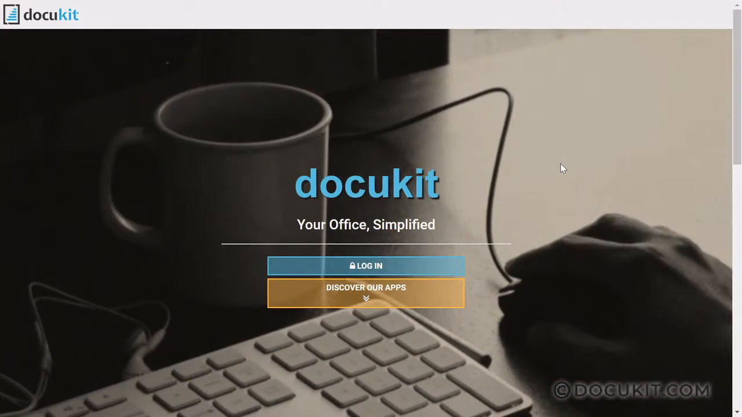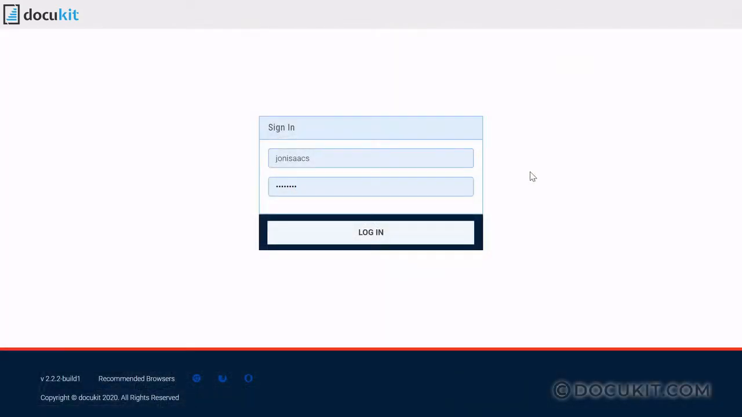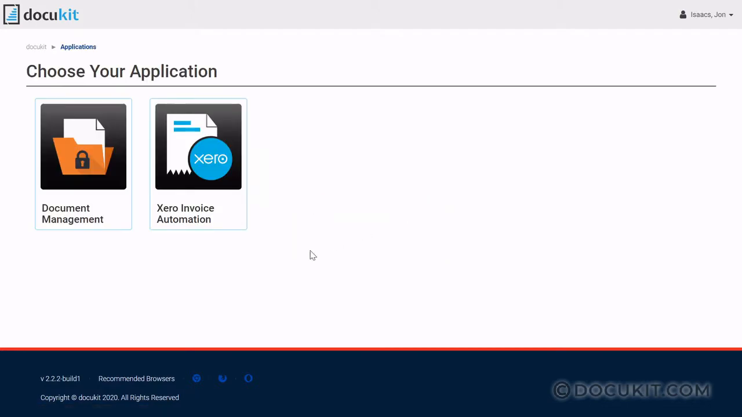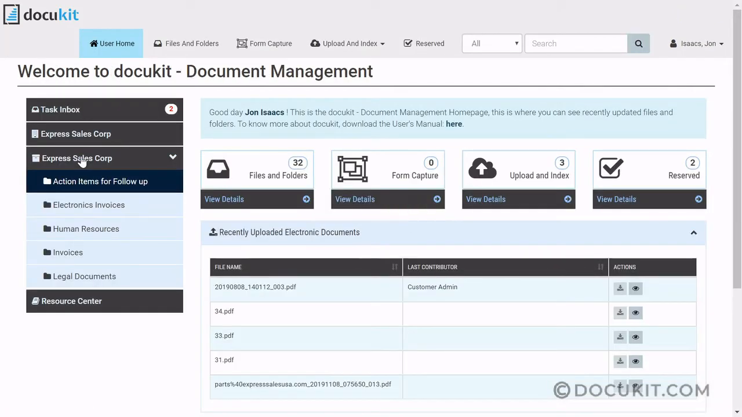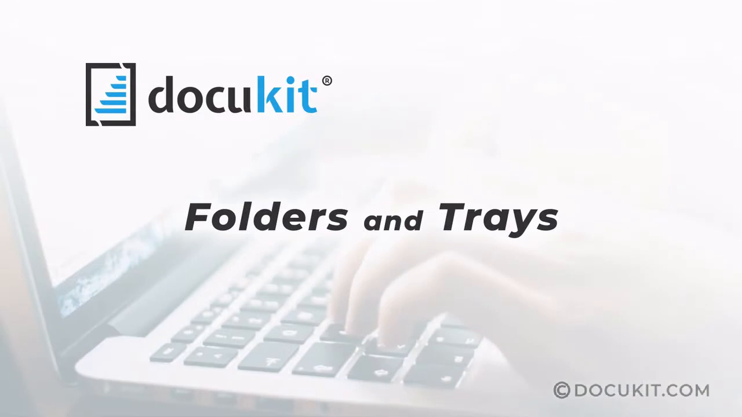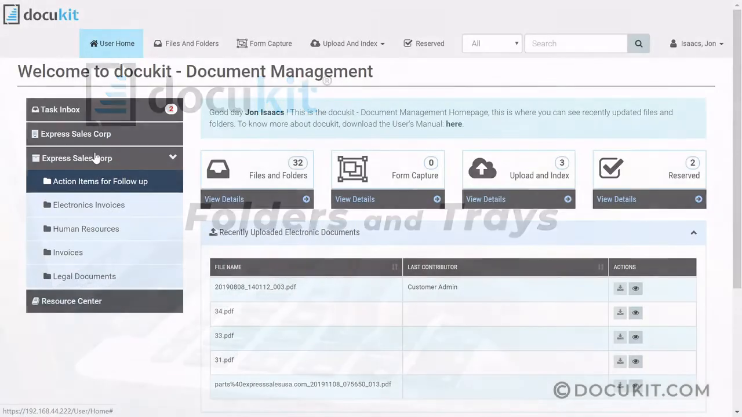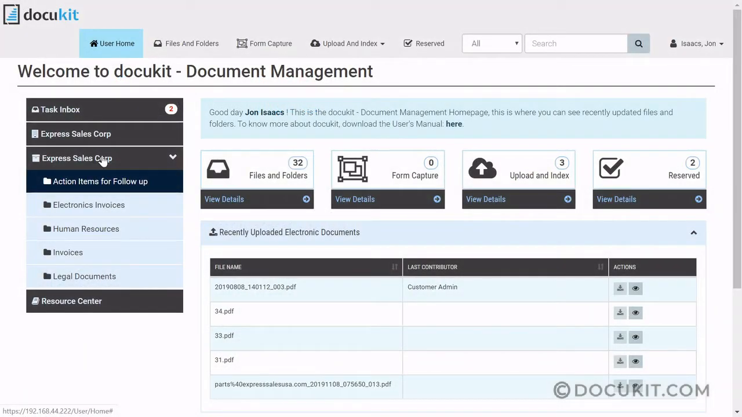In today's review of Docukit, we'll cover some of the basic operations that a normal user might encounter. Let's go ahead and log into Docukit. Of course, I'm going to need a username and password. And this is the icon to access the document management portion of Docukit. This is my homepage for Docukit, and this is where you can see the current folders I have access to